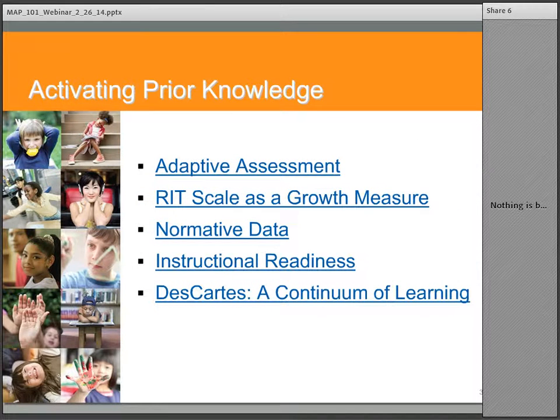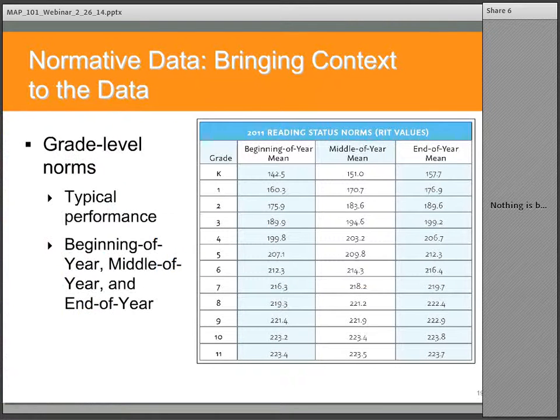Let's talk a little bit about normative data. Now, the MAP test is normed, and several thousand students are used in the norming process. The last norming process was done in 2011, and we're up for a new norming scale in 2014, 2015. But this is the one we use right now. Now, what this scale talks about, and it's very important, is that it is about typical performance